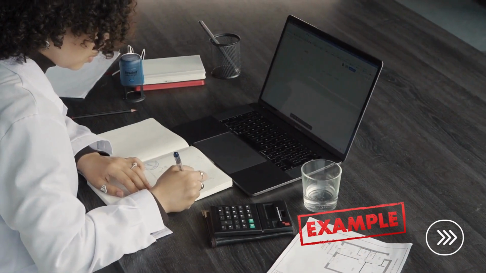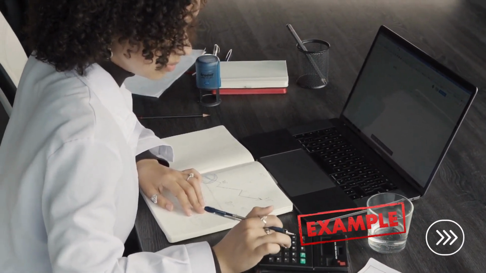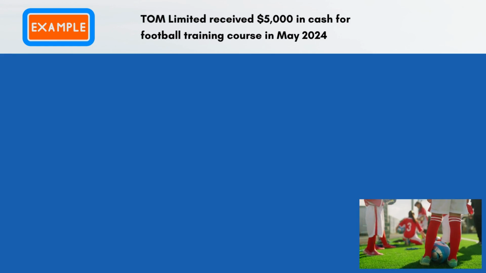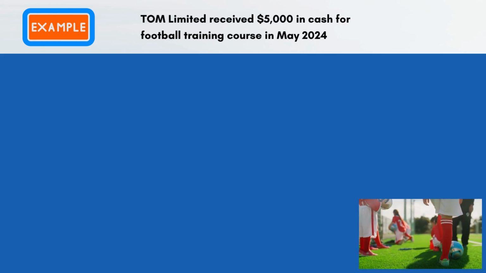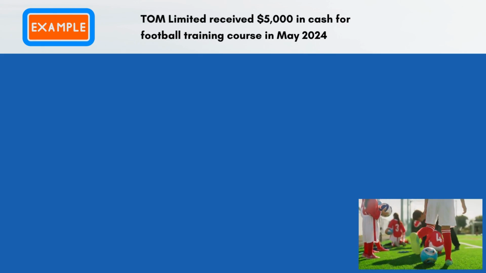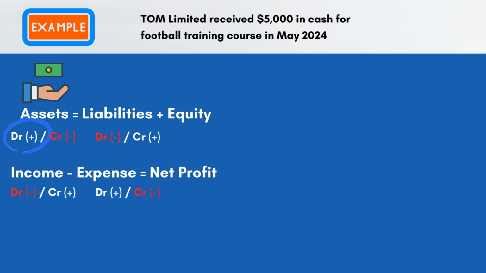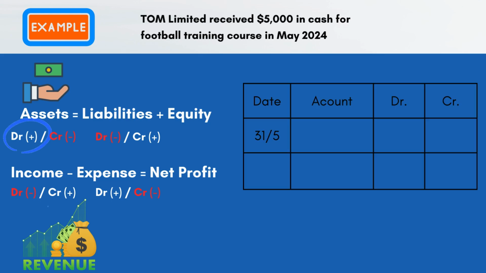Let's see how this works with some examples involving income statement accounts. Example 1. Tom Limited received $5,000 in cash for its football training class held in May 2024. First, identify each account affected by this transaction. Cash being received is an asset. Course fee is the income earned from the training service provided to customers, so it is revenue. Next, classify the direction for each account affected. Both cash and revenue increase by